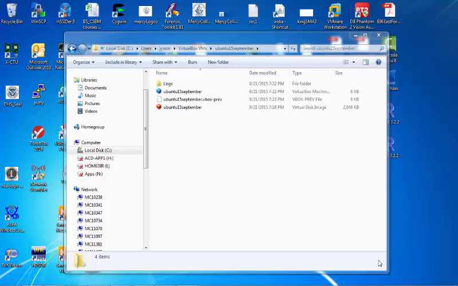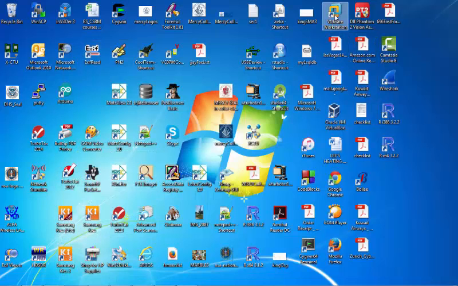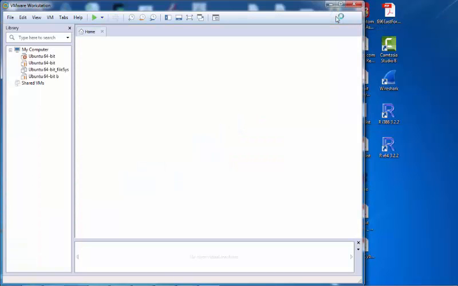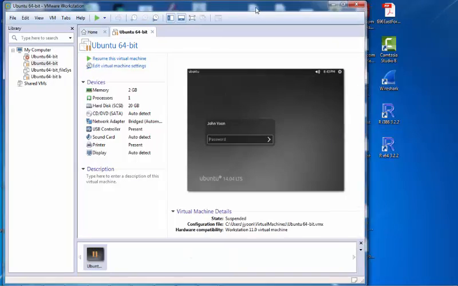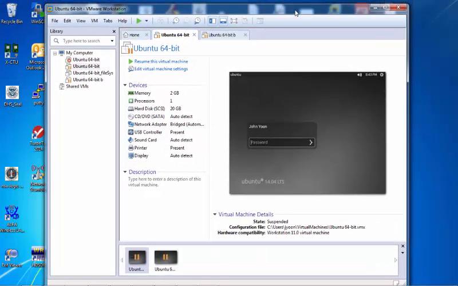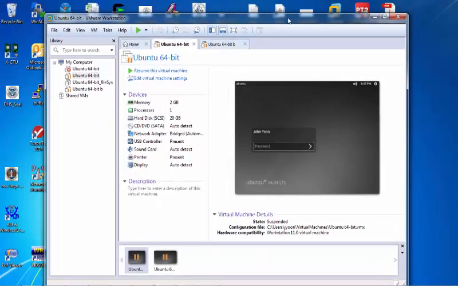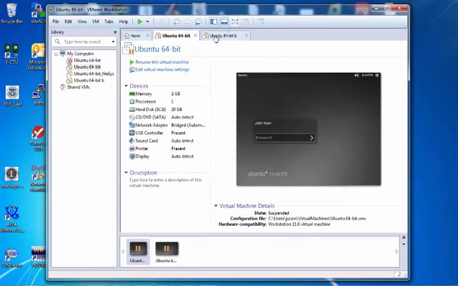Let me give you another way that you could have if you have a VMware Workstation. This is a VMware Workstation. Very easy. I mean, installation is very easy. Just double click and it can be installed. But to set up guest operating systems,